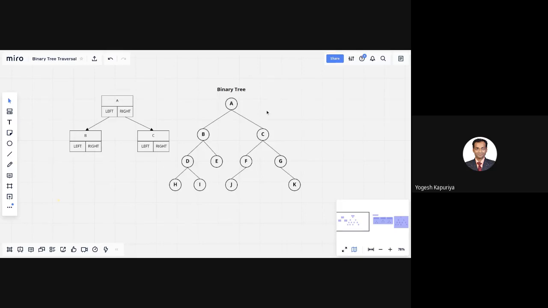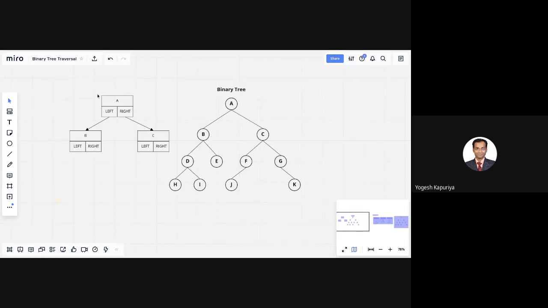Now, as we have discussed that any tree has to be represented in form of some standard data structure or some linear data structure, I should say. So similarly, binary tree can be represented using a linear data structure called linked list, where a node is pointing to another node. So this is basically a linked list, but the structure of the node is created in such a way that it can help us to represent the binary tree.